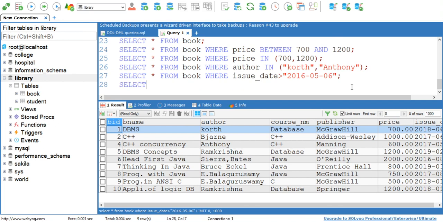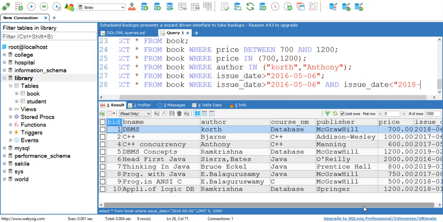Now we can display data for the books where issue date is greater than this. Take the same date: where issue date is greater than 6 May 2016 and issue date is less than, take any date, 2018, 6 7.